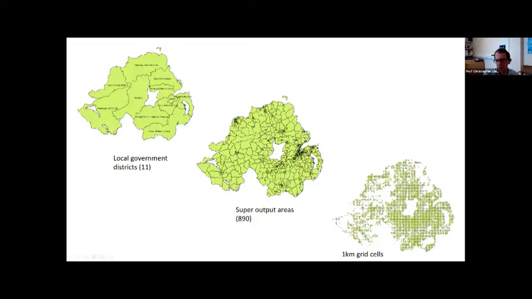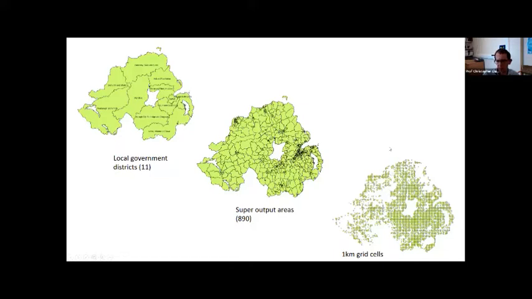I'll come to this in a bit more detail later on, but the important thing to point out is, particularly if we look at rural areas, like the mountains of Mourne or the Sperrins or some of the rural areas of the west, we don't have grid squares where there are no people. So rather than completely covering the areas of land as we get with super output areas or wards or census tracts, in most cases, instead we've got gaps. So we've got a much more spatially nuanced way of looking at where people live, and therefore potentially of looking at need. So this is potentially a really much more useful way of doing things.